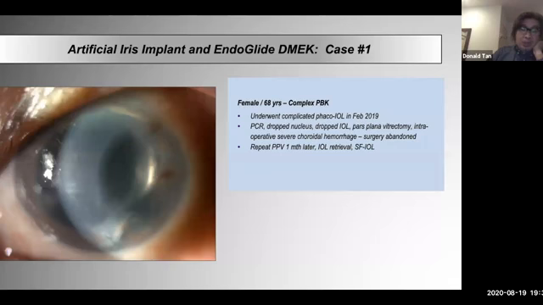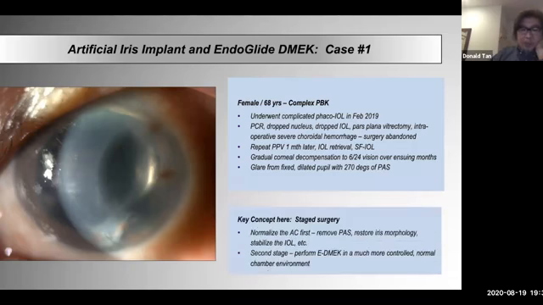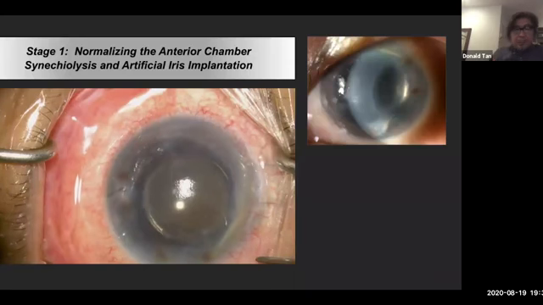Then about a month later, they went in again, did a vitrectomy, retrieved the IOL, and did a sclerofixated implant, which was okay. The implant's in place, but you can see the anterior chamber is pretty damaged. The pupil was fixed and dilated, with peripheral anterior synechia, and then the cornea decompensated. So the patient gets about 6/24 vision, a fixed dilated pupil, and about 3 quadrants of peripheral anterior synechia. So the concept here is to normalize the AC first, restore the iris morphology, and then secondly, perform DMEK. Here's that patient.